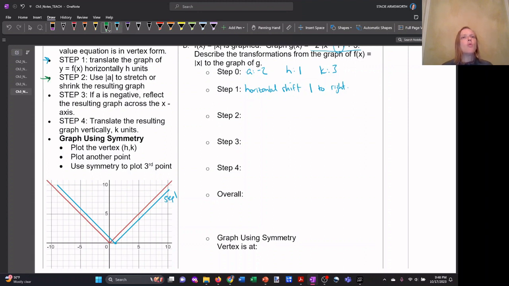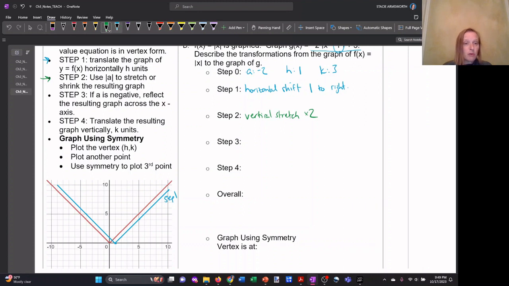Step 2, we use the absolute value of A to stretch or shrink the resulting graph. So I'm looking at the A value of -2, but I'm just going to think about 2 for right now. I'm going to ignore the negative. And that means that I'm going to have a vertical stretch of 2. So now that my vertex is here, I want to stretch vertically. So when I go up 1 and to the right 1, if I'm stretching vertically by a factor of 2,